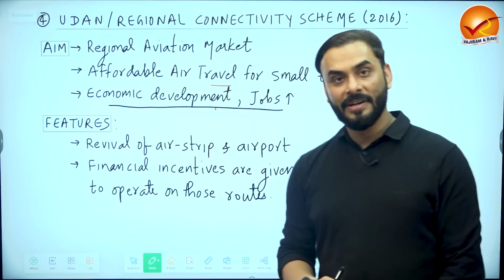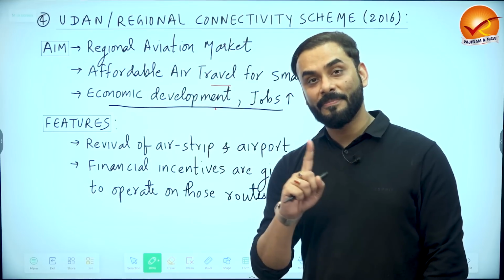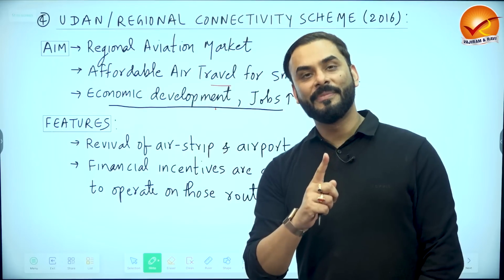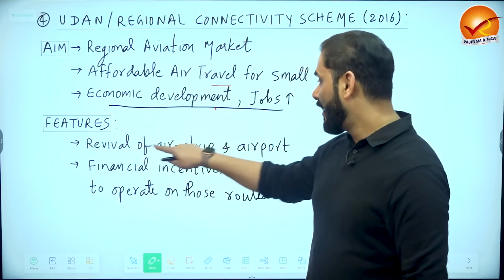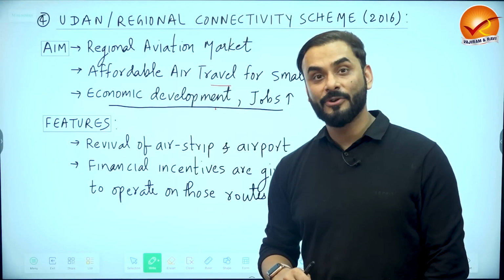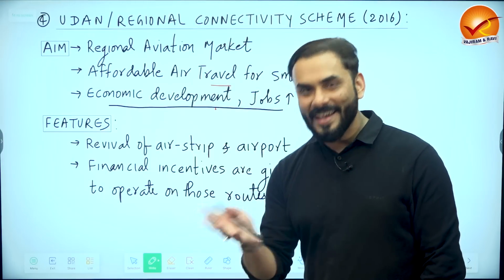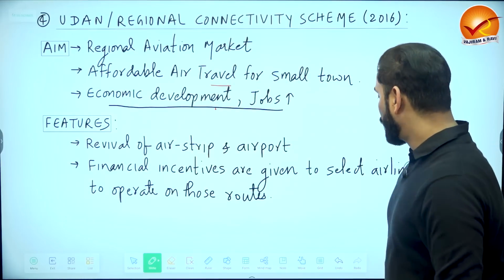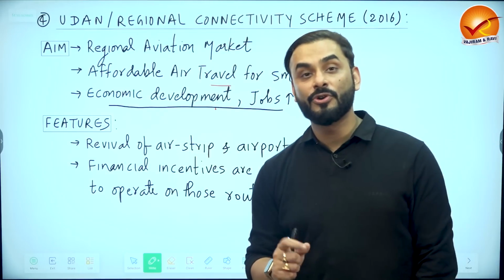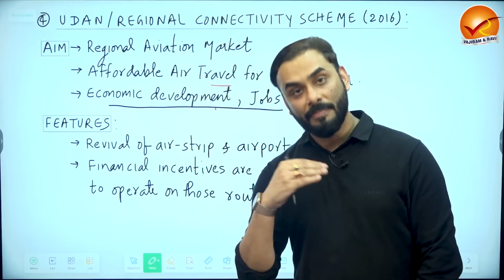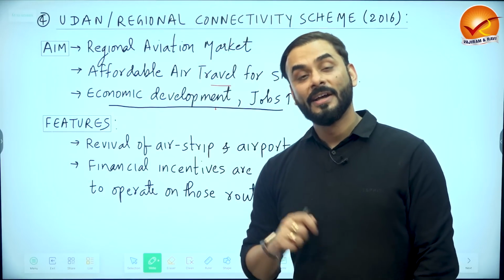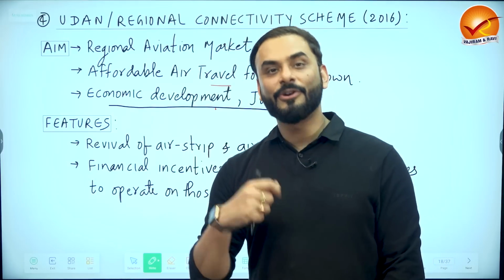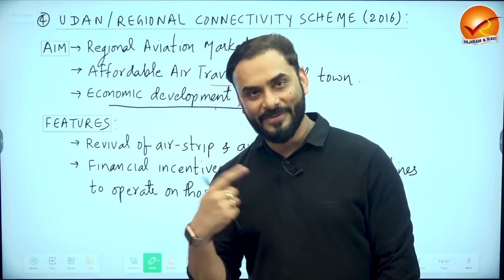Government of India started to go to different parts of India like the northeast, and they started to create airstrips and airports. Why? Because to bring an airline you need an airport. Government of India also started to give financial support to some airlines so that they can become part of the scheme called UDAN. I told you, the government was motivating airlines to sell 5,000 rupee tickets for 2,000 only by giving them some kind of subsidy, right?